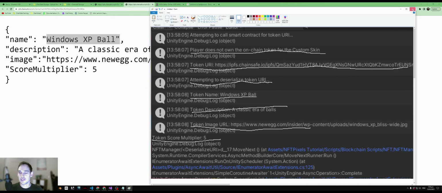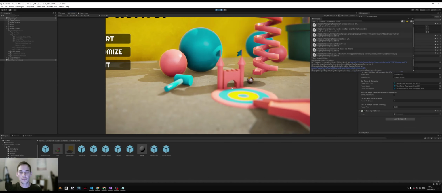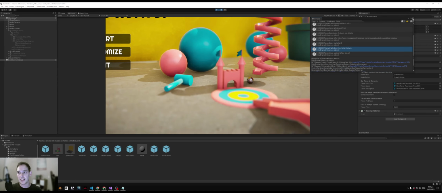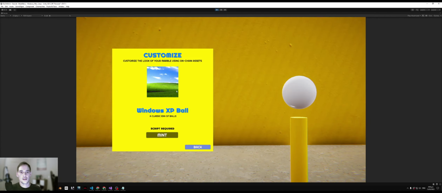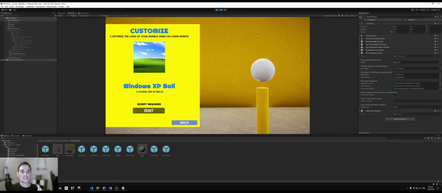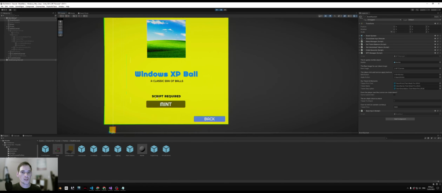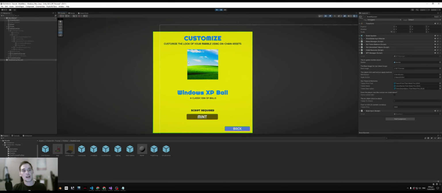So let's go ahead, we'll just close this off. Go back to Unity. And you'll also see that it actually will attempt to download the texture and apply it. So what happens? Look at that. That's pretty cool. It's effectively taken your token, deserialized it, took the image URL that we chose and applied it to this raw canvas here, took the name and applied the metadata name to the name here, description there, and of course